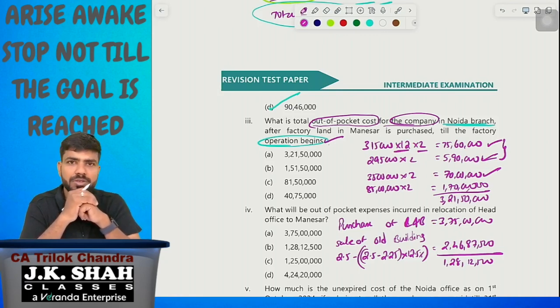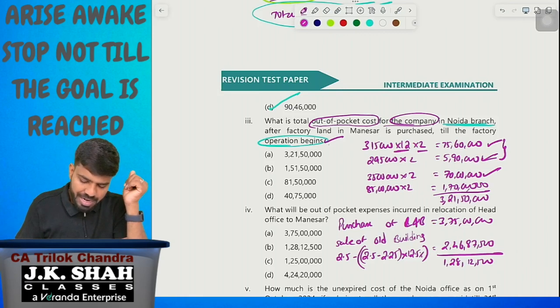Out of pocket cost. So these are the cost elements. 85 lakhs into 2, 1 crore 70 lakhs. Total comes to